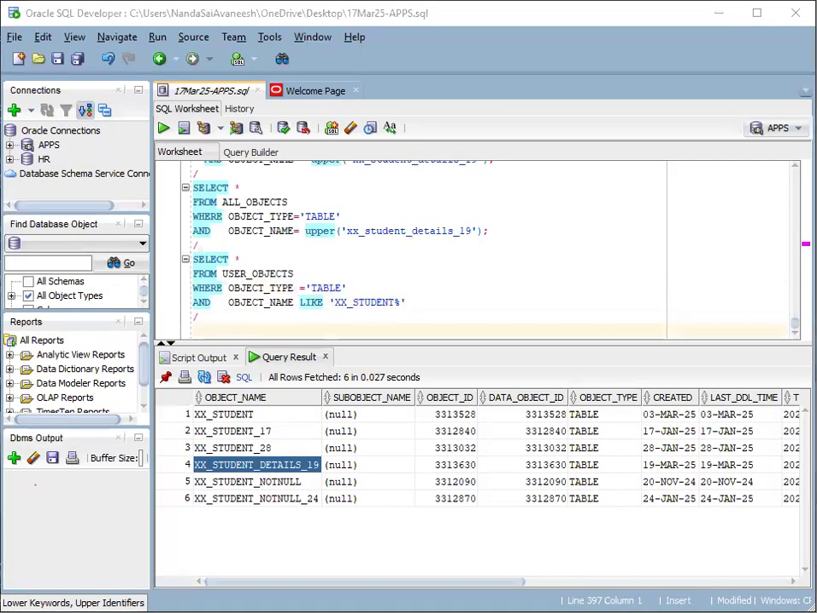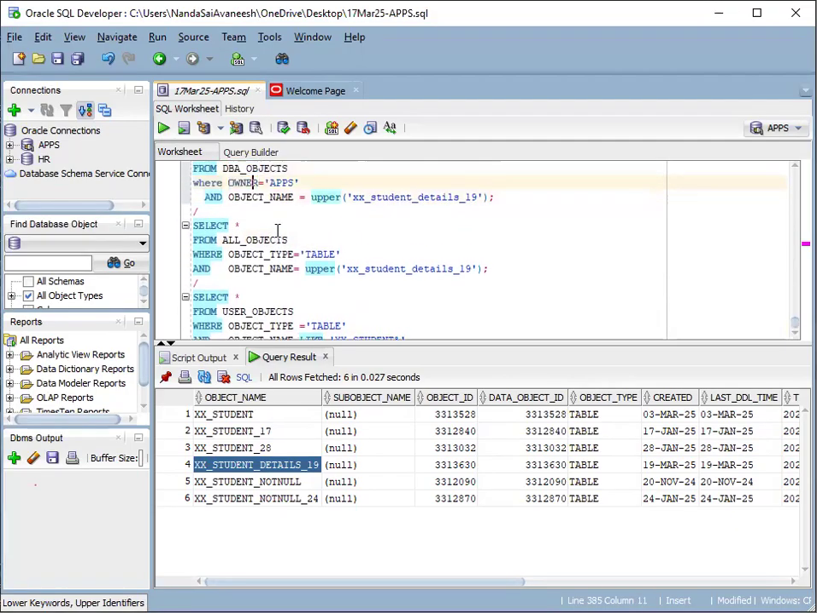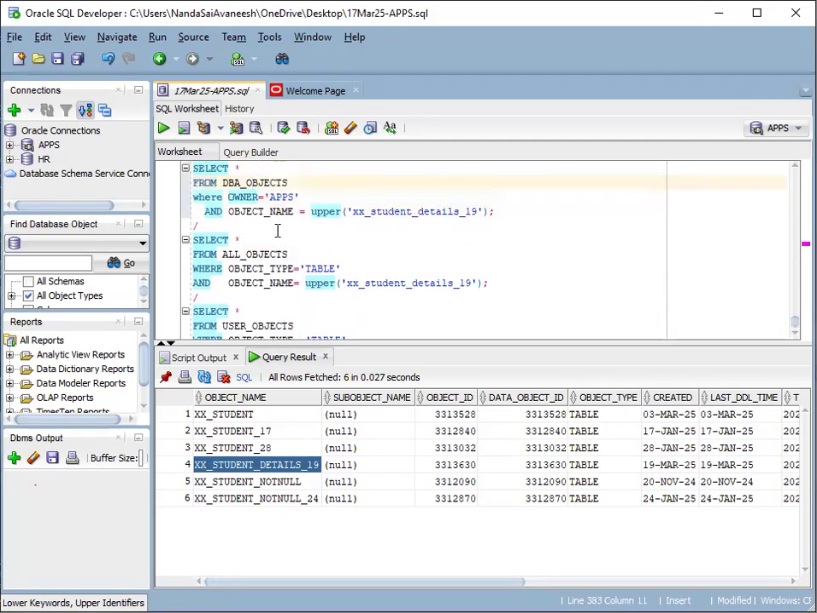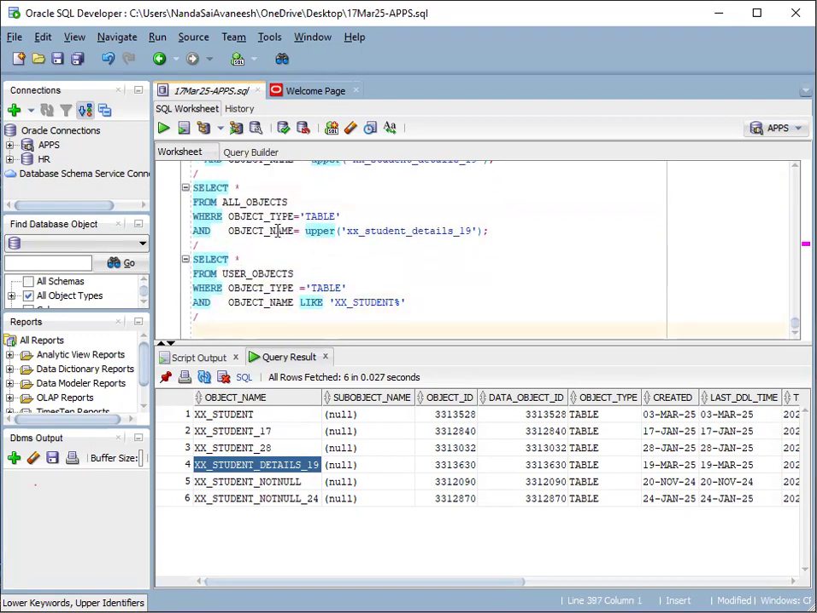Yeah, clear. Previously I explained these objects. Whatever tables you create will all be stored in the DB objects, all underscore objects, user underscore objects. But if I